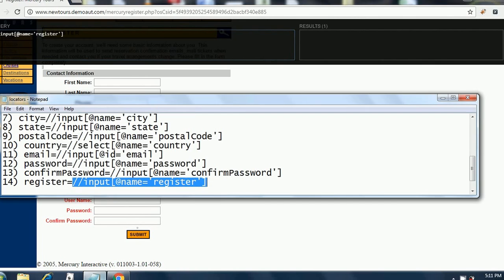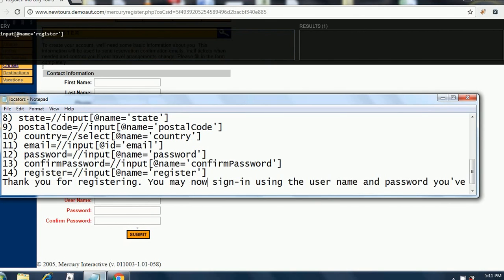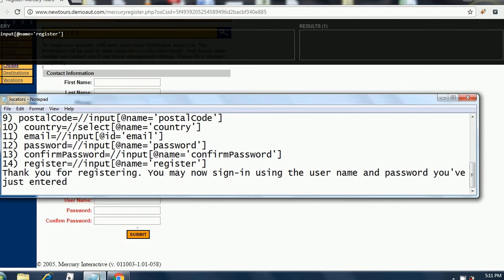Next we move on to the text that we get after registering. This is coming in the body. We will be providing code to verify that this is coming in the body once registration is done.